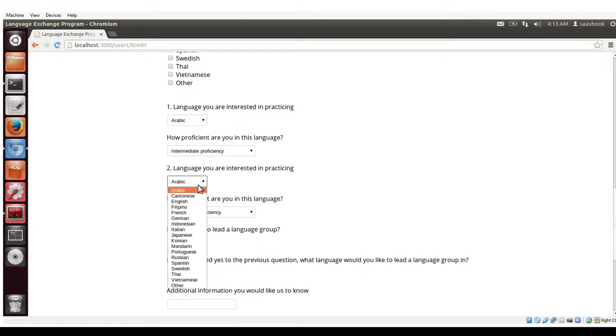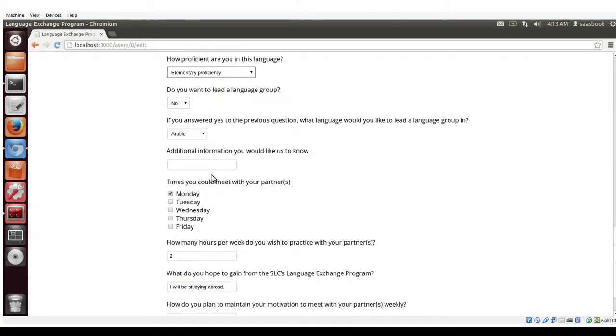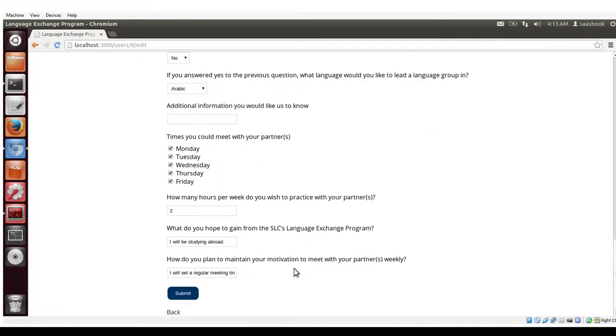Let's say I also want to learn Swedish. That sounds awesome. Let's do Swedish too. Do I want to lead a language group? No. I can meet any day for now. How many hours? How do you maintain motivation to meet with your